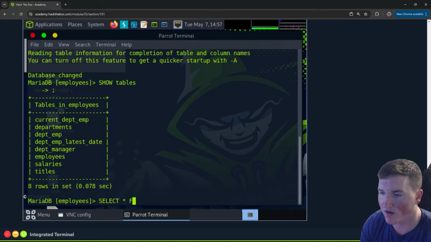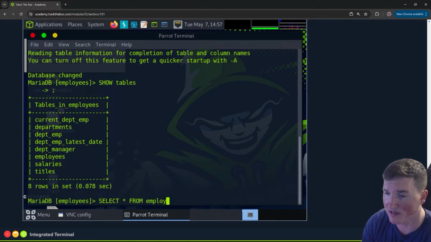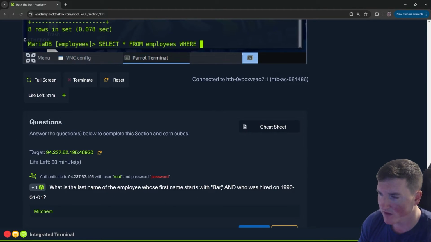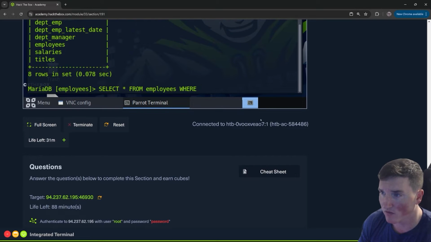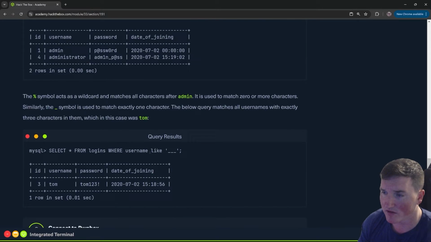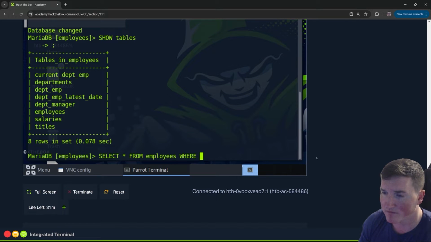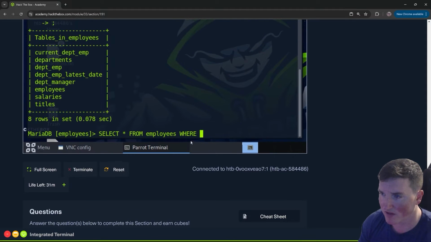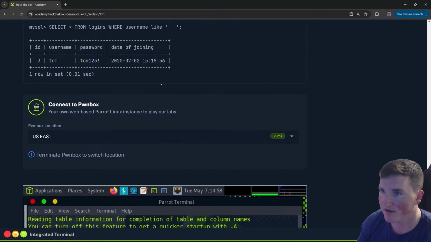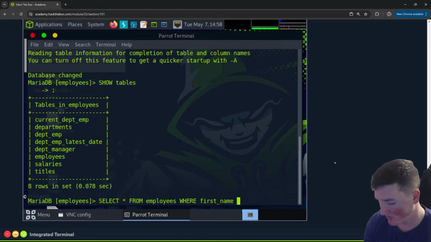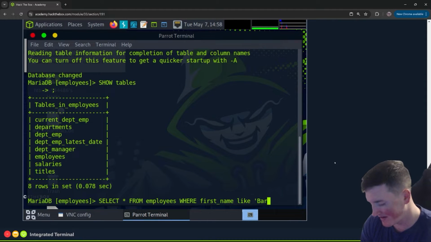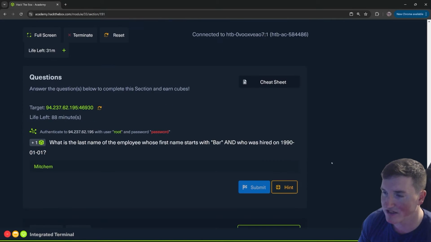Select everything from, and the table we're going to use is employees, and we're going to say where the first name starts with Bar. If you go up here and look again, where, and then in this case we don't know the username, but it's saying first name, so we're going to say where first_name, and we're going to say, just like they did up here, LIKE, right? Because we know it needs to be like Bar, and then a percent sign because we want anything after it, right? So we know it needs to be LIKE Bar,